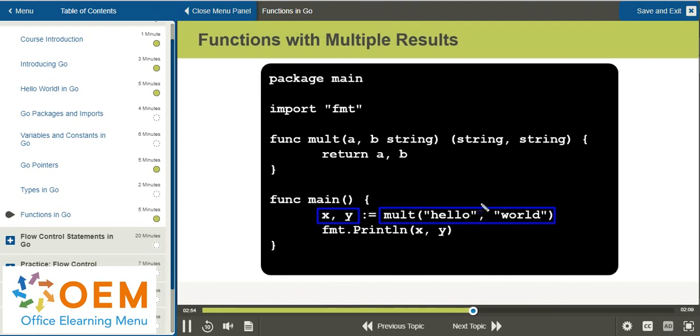So let's have a look at our mult function declaration. Again, here we have the func keyword, we have the